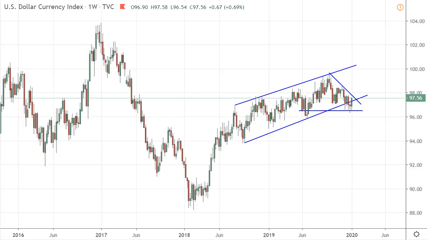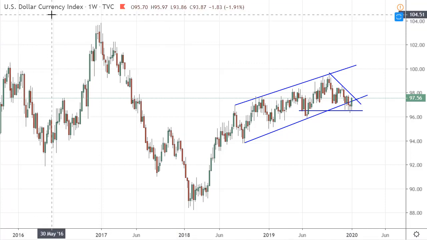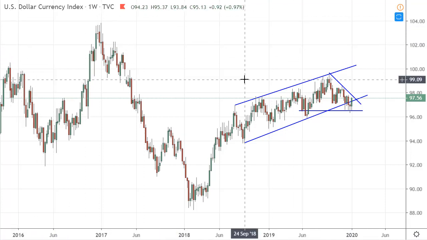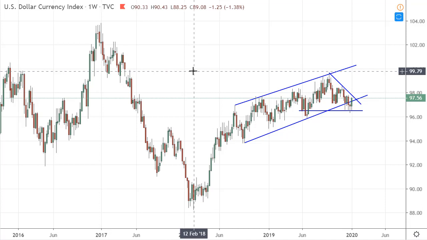I recently did a video on WTI crude oil, what to expect in 2020. This is the video for the US dollar currency index. So it's just the dollar where it's at, what the price action is telling us, and where price is likely to move within the upcoming period. I'll especially do this analysis on a bigger time frame so you guys and me too can get a picture of what is likely to happen